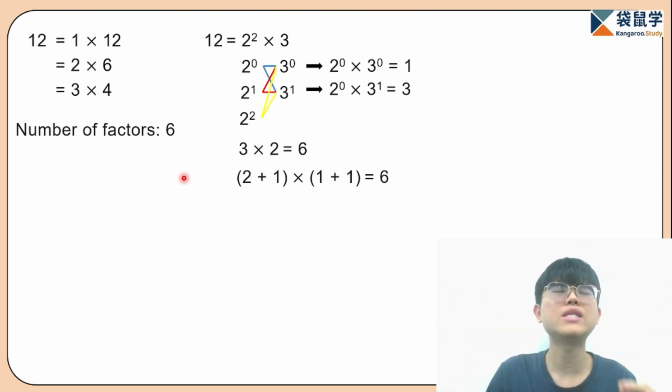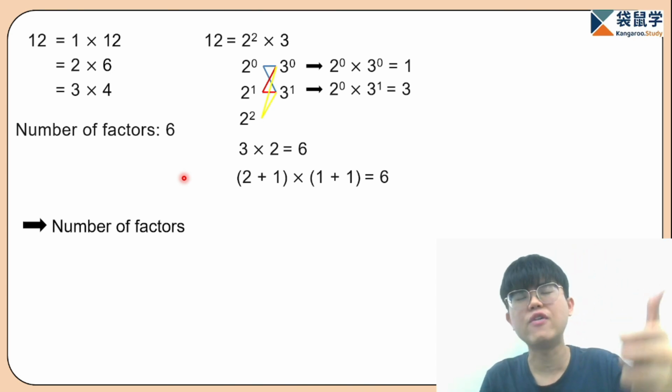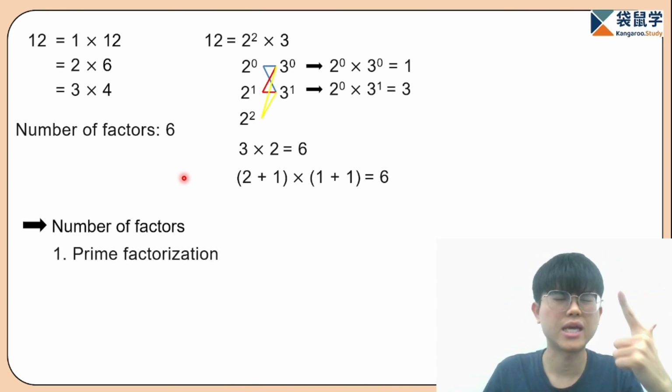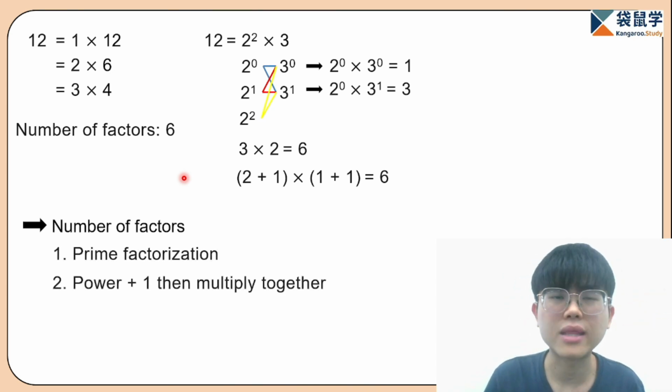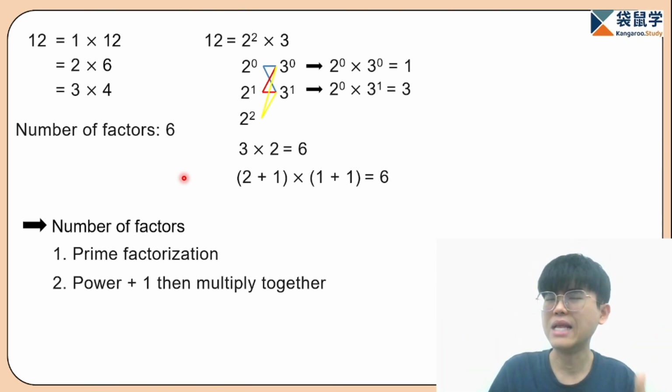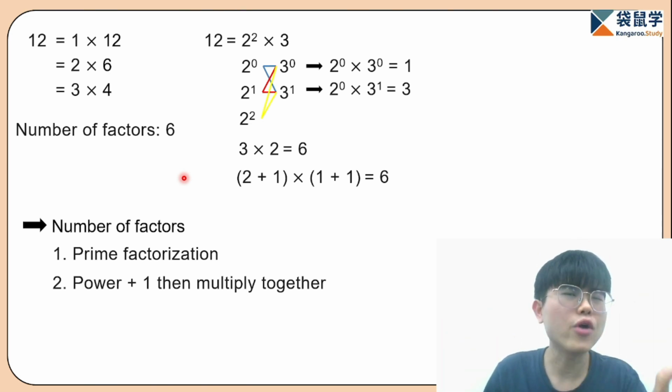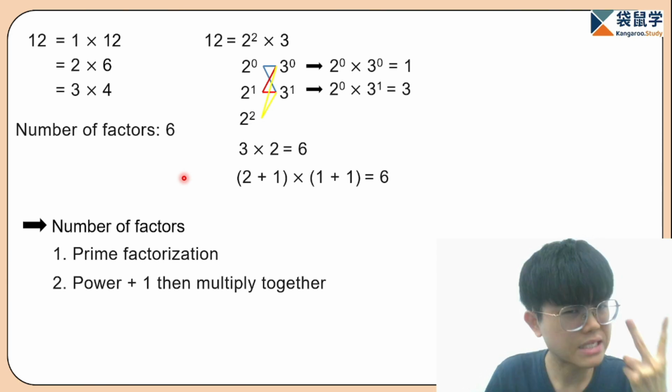Alright, so again, to find out the number of factors, first thing first, do the prime factorization. Second, we just add 1 to each power, then we multiply together. Alright, this is the first thing that we have to know in order to solve our question. Second,